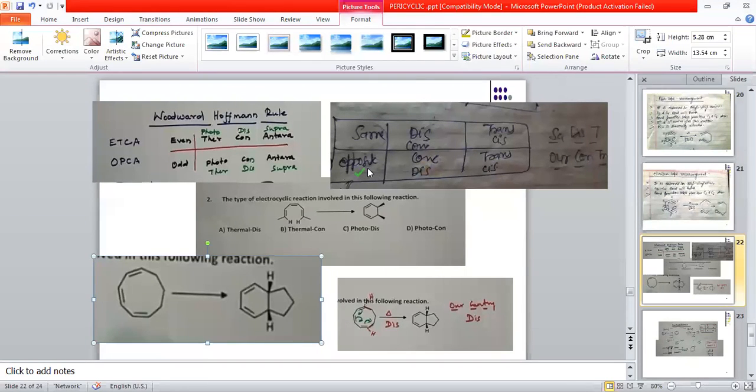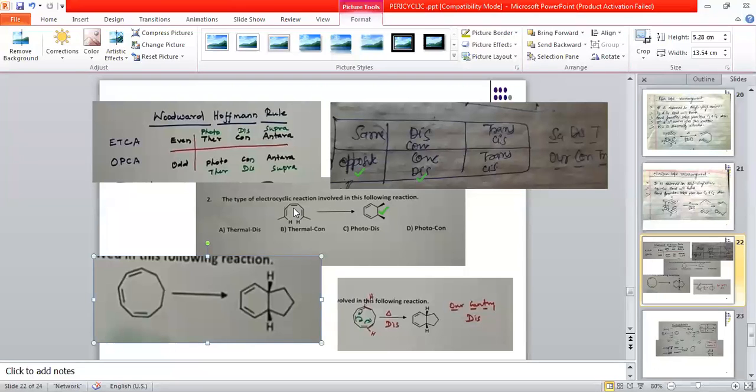Remember this rule. If from the opposite side groups, your product is found in a cis type of compound, it means both substituents were on the opposite side, but in the final compound both substituents are on the same side. Same side means this one is cis. This one was trans, and this one is cis. It means from the opposite side you are getting a cis final compound, so the rotation will be dis. Have you got it?